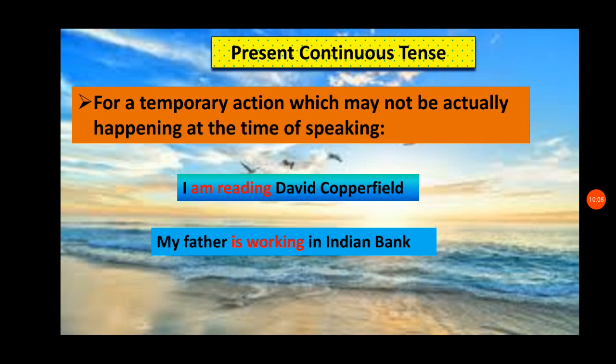Okay. Regularly he is doing. But when we mention the time of an action in such sentence, like this sentence, we can take it into present perfect continuous tense. When we don't mention the time of the action, we don't want to take it into present perfect continuous. Okay. So this is present continuous tense. So it is both fact happening temporarily, not continuously. However, it happens.